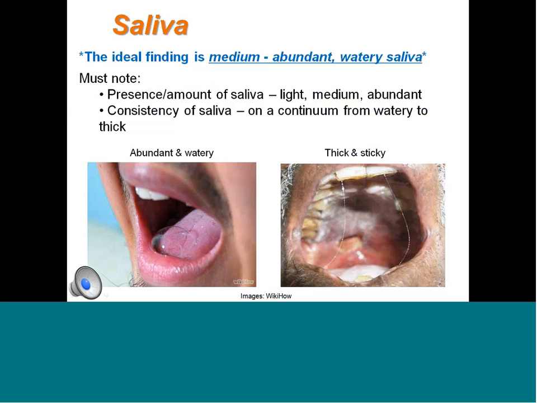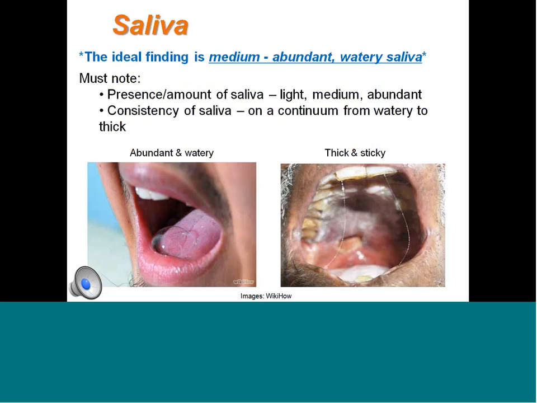Now we're going to take a look at the saliva. Saliva is a very important substance that helps defend all oral tissues against disease and destruction. It is for this reason that an assessment of the quality and amount of the saliva present in the person's mouth is essential in determining one's oral health. The ideal finding is a medium to abundant